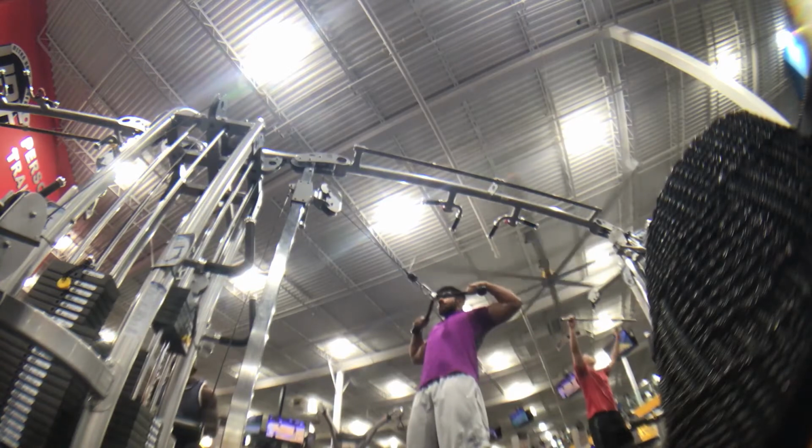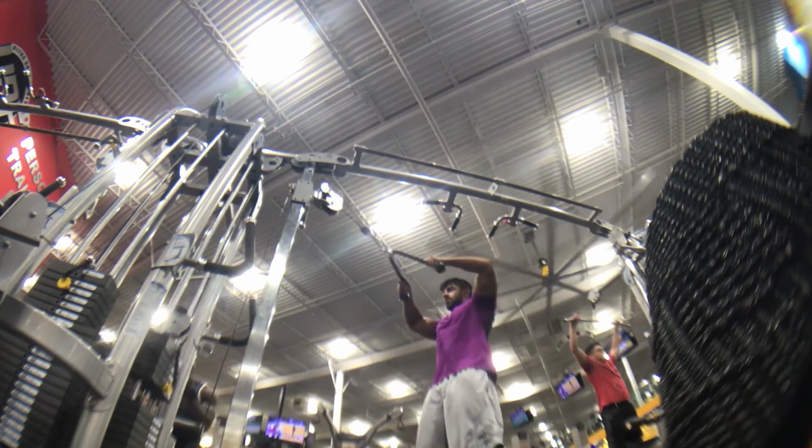Everything else, like hammer curls, is going to be working again that brachioradialis that connects your forearms to your bicep, or if you do these little twists, then you're working more of the grip strength, more on the ulna side. So there's that. Then I moved on to shoulders, which I did a superset, 5 sets of the superset